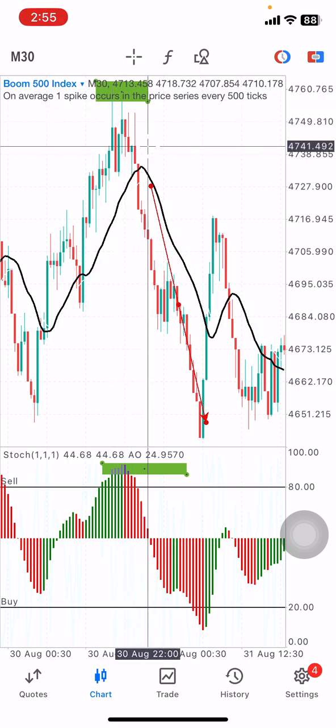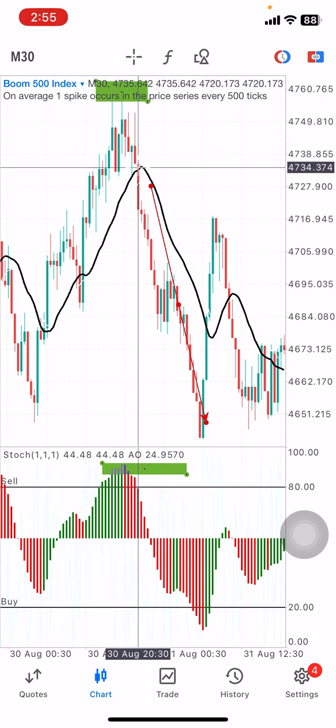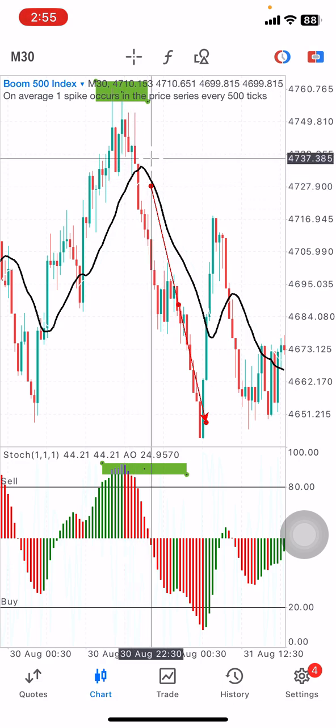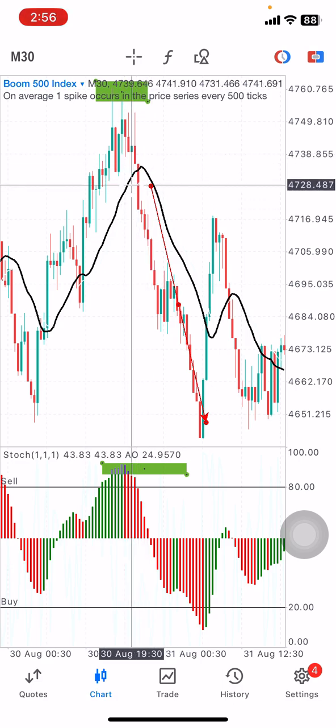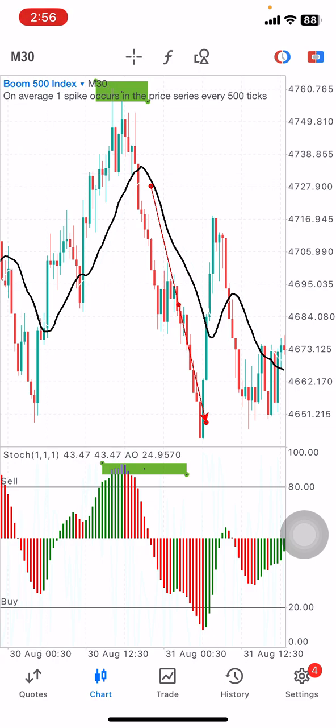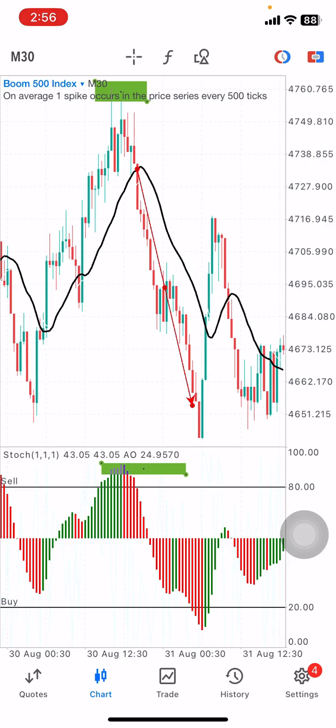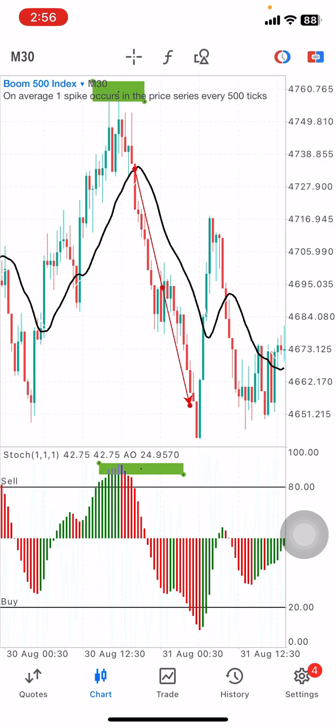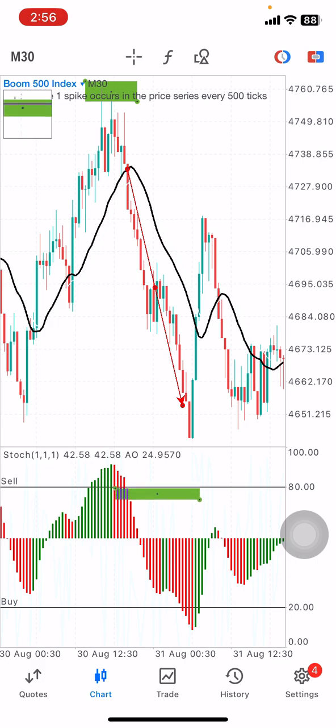So the moment you see this, the only thing that you have to wait for is for the market to change direction and close this black line. The moment it closes the black line, guys, you are home and dry. You enter from there, and you are only going to come out of the market if you see the market goes down